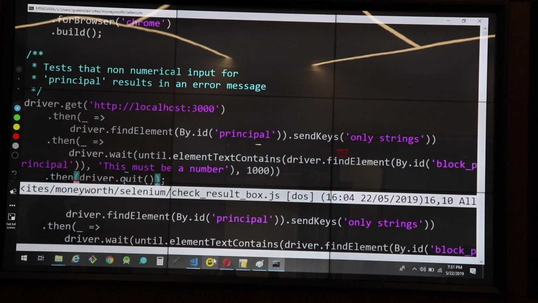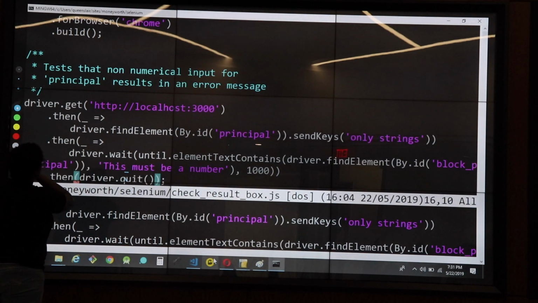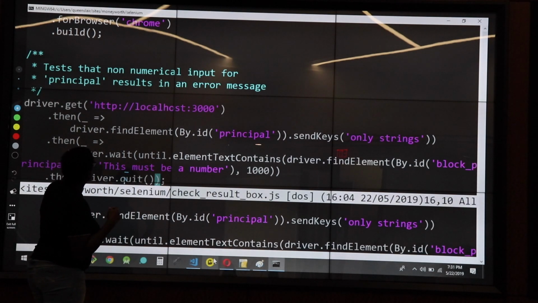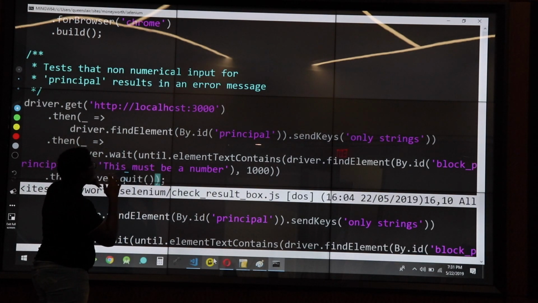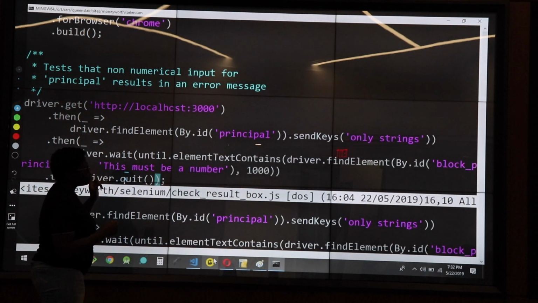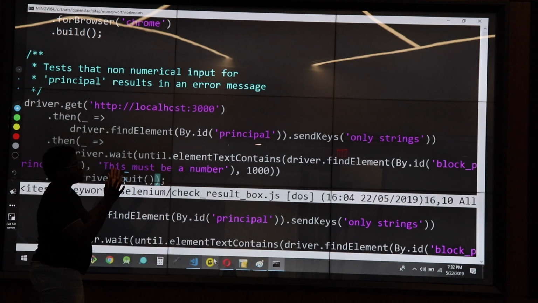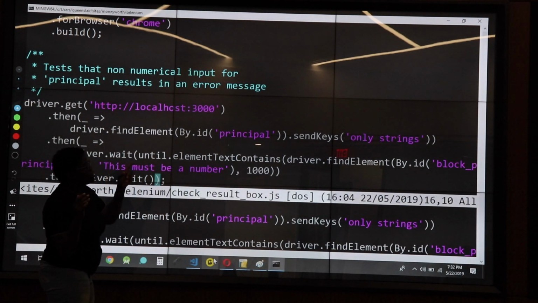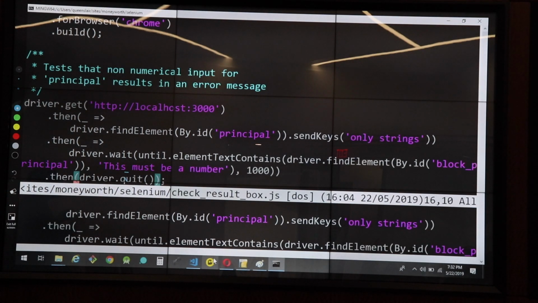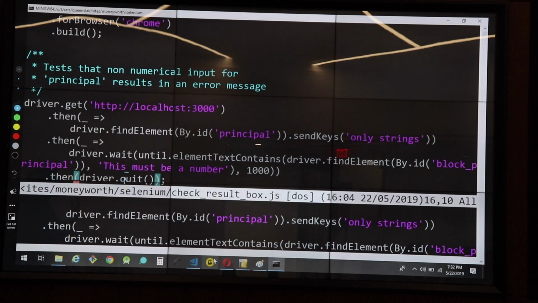But for simplicity, that's kind of what I did here. What's happening, I did the same thing. I called get, and then I sent in this function here, which is doing pretty much the same thing I just showed you before, which is finding the element principal on my landing page, and then typing in only strings. Now, the gist of this is that principal has a validation criteria where it can only be numeric. So because it can only be numeric, there should be an error message that pops up and says,